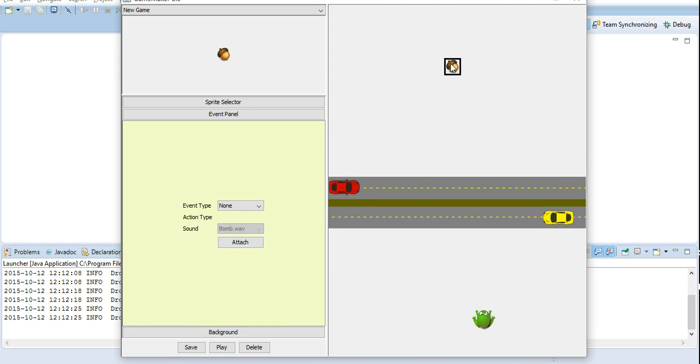This peanut is the game win object, so on collision we choose game win, and we can also play some sound. Let's say game win sound. Then frog,